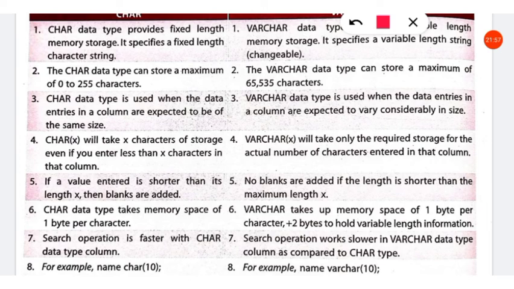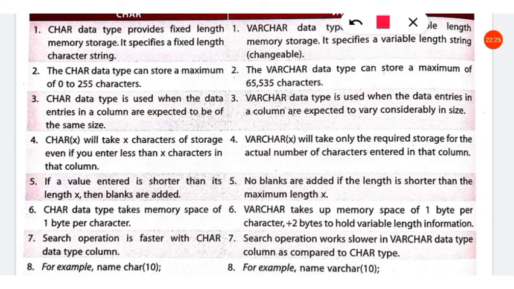Then varchar data type takes memory space of 1 byte per character plus 2 bytes to hold variable length information. 2 bytes it takes to hold the variable length information, that is from which position to which position is the particular string and from which position to which position is the next string.